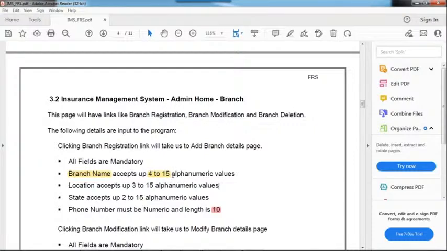should not allow. If it is allowing, that is the bug. So in fields like branch name and branch code, there are a lot of fields while you are testing the application. They will give you some requirements. What is the requirement here? 4 to 15 alphanumeric values only. The input you give should be 4 to 15 only. If you give 3 characters, that is invalid. If you give more than 15 characters, that is invalid. So in this case, what technique are we using? BVA. What is BVA? Boundary value analysis. Is it clear now?